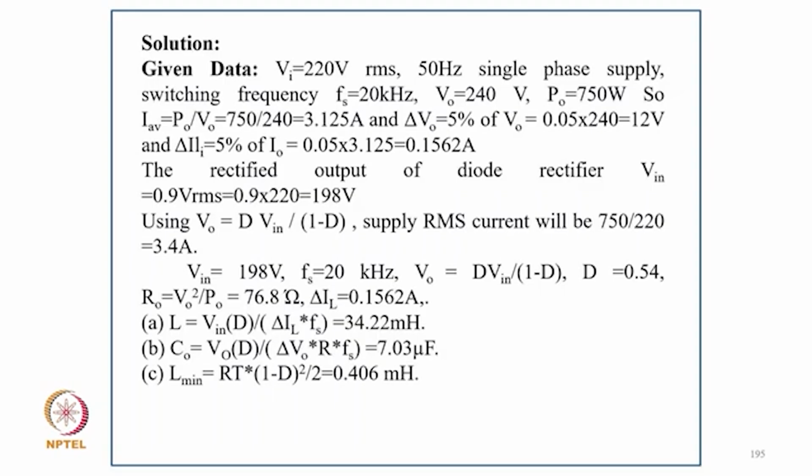L equal to VIN D upon delta IL FS, that's 30.22 millihenry, and C equal to VO D upon delta V FS, that is 7.03 microfarad, and L minimum equal to R into (1 minus D) squared by 2, that